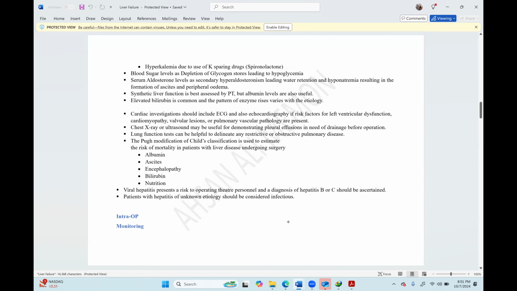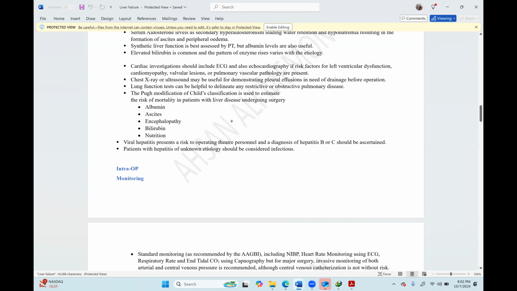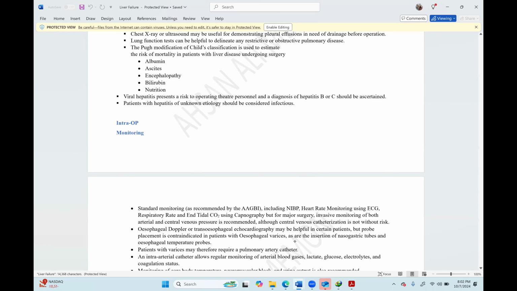Actually, as we discussed yesterday, we will classify on the basis of Child-Pugh score how severe is the disease, and we will optimize accordingly. If it is C, we will try to push it to B. If it is B, we will try to push it to A. And in addition to